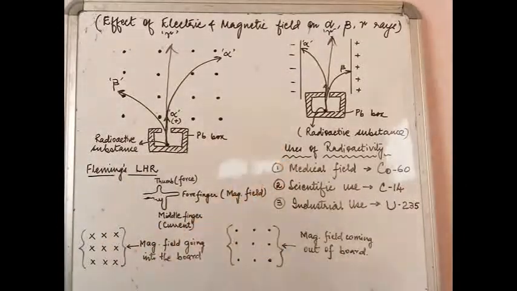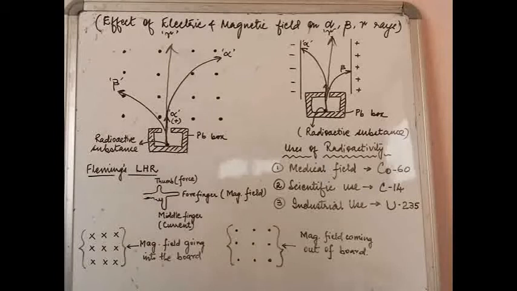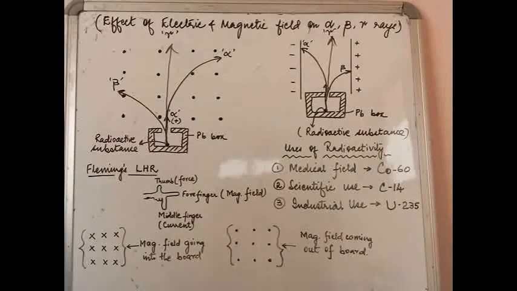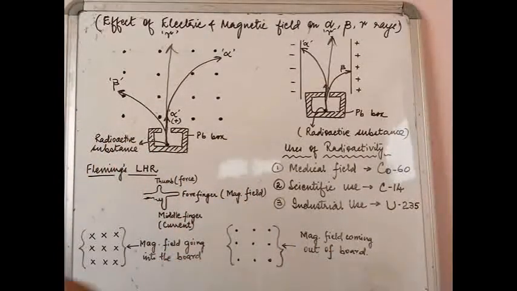Okay, so the three fields are, one, obviously the medical field, then the scientific field, and then the industrial uses. If you read the book, you will find many other examples also given, but for the purpose of studying, I have taken one example each in these fields. In the medical field, you can see cobalt 60. Cobalt is also one of the elements. Cobalt 60 is used in the treatment of cancer, in the killing of the cancer cells also. Okay, so this is a constructive use in the medical field.